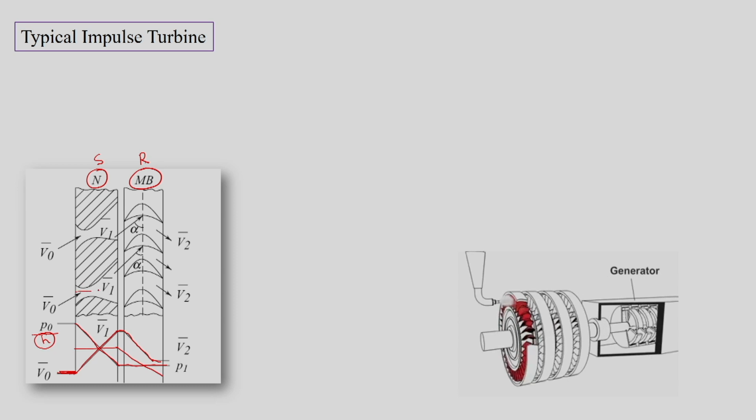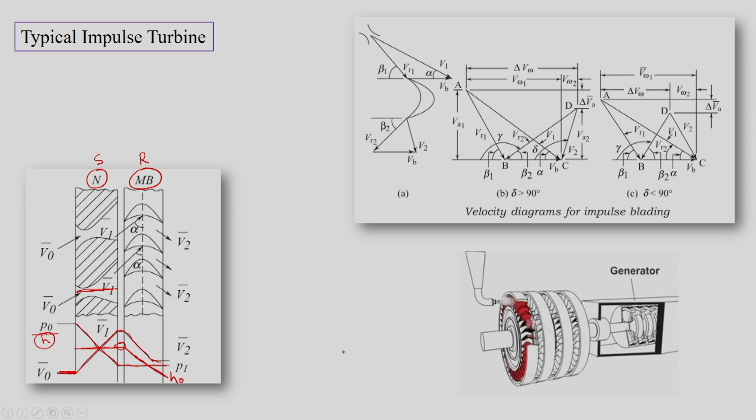Since this is an isentropic flow without any work interaction inside the nozzle, we expect that there is no total enthalpy drop taking place in the nozzle, but there is work interaction in the moving blades, and due to work interaction we basically have enthalpy drop in the moving blades. So, there is no total enthalpy drop inside the nozzle and also between the nozzle and moving blades, but there is total enthalpy drop inside the moving blades. Then let us see how to draw the velocity diagram in case of the moving blades.